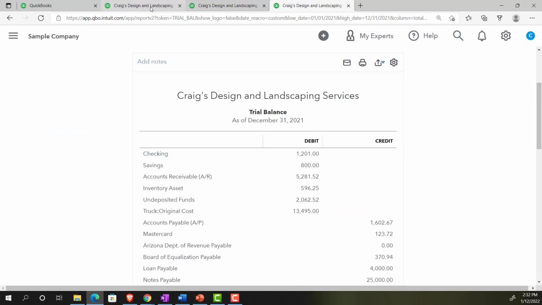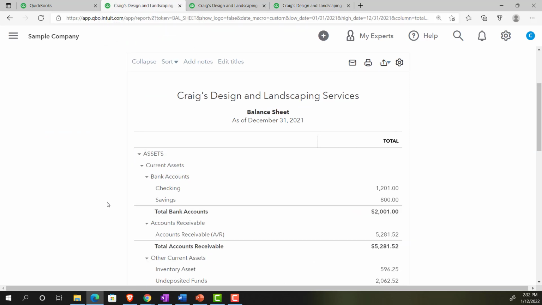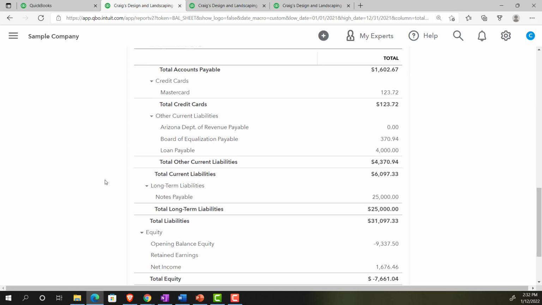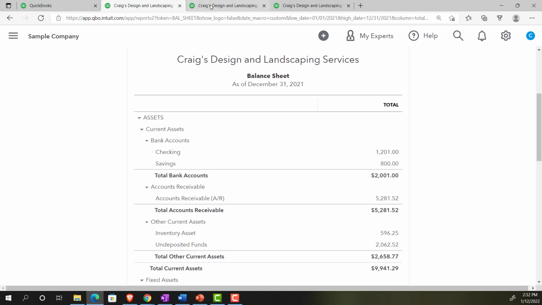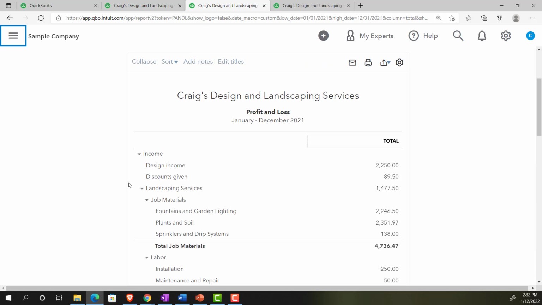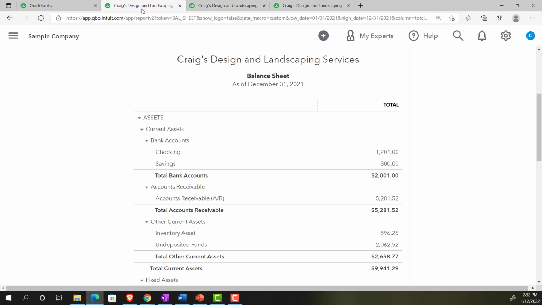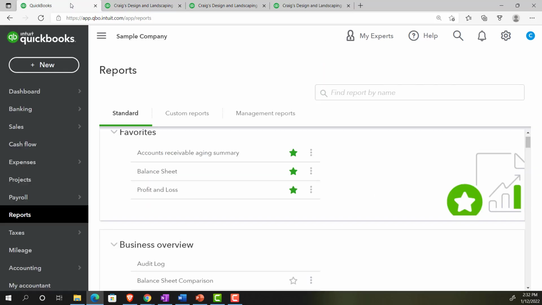So if we look at these reports, then if I go to the first tab, balance sheet, we've got the assets, liabilities, and equity. And then on the income statement, we've got the revenue or income and expenses. All the accounts that we're using in the chart of accounts, if I go to the first tab and look at our accounting items down below,